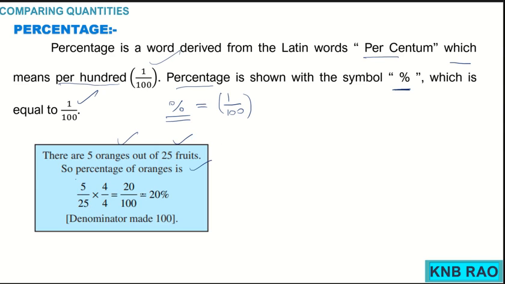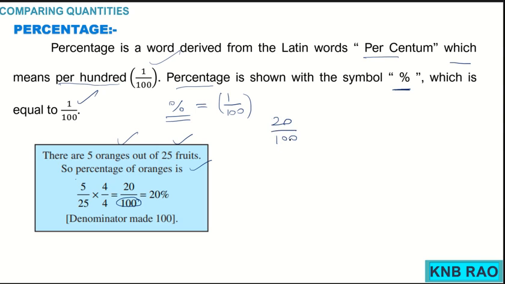This 5 out of 25 is to be converted to the denominator 100. If I can convert the fraction to the denominator 100, we can write 20 upon 100,